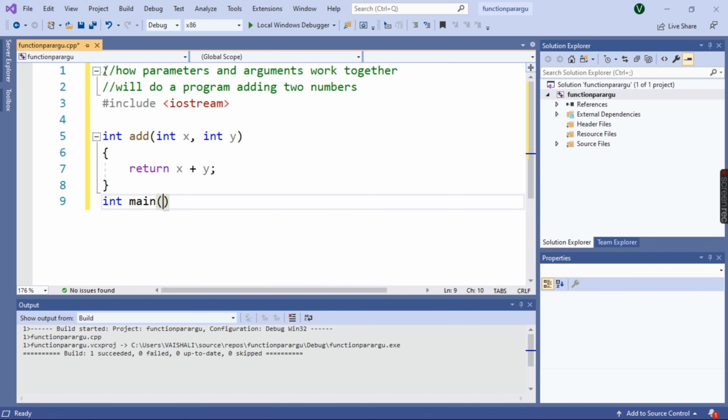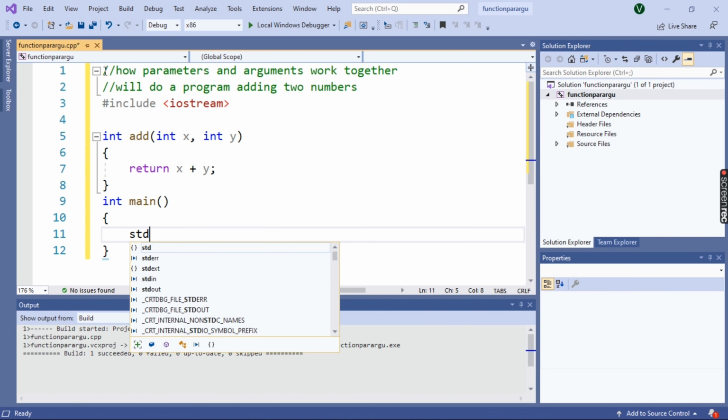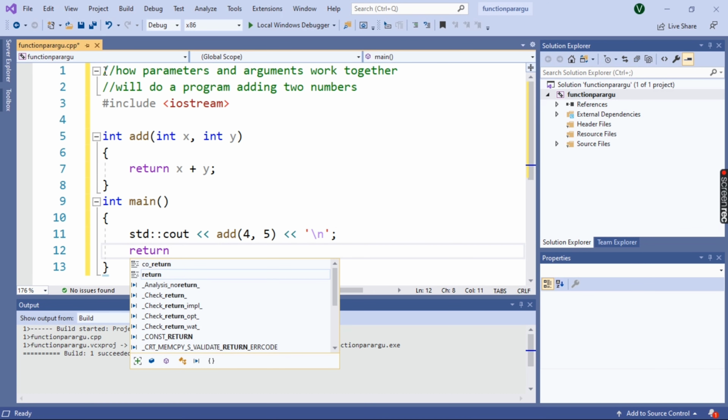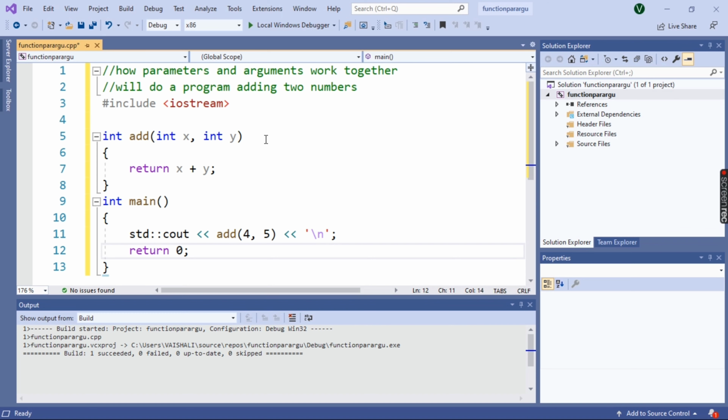Then there is the main function of integer type. Inside it, std::cout, calling the add function and passing the values. These are the arguments: 4 and 5 are the arguments being passed when the function is called. Then \n to move the cursor to the next line, and then return 0, semicolon. So int x and int y are two parameters, and 4 and 5 are the function arguments.